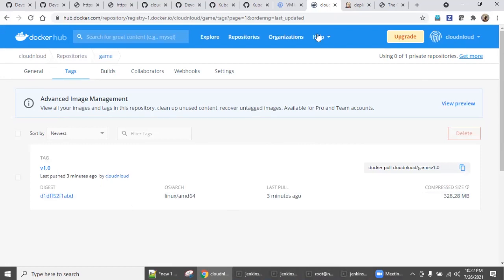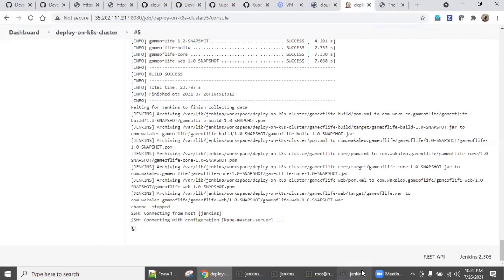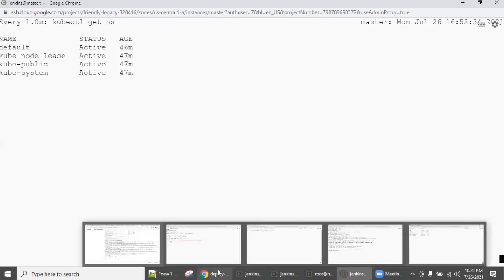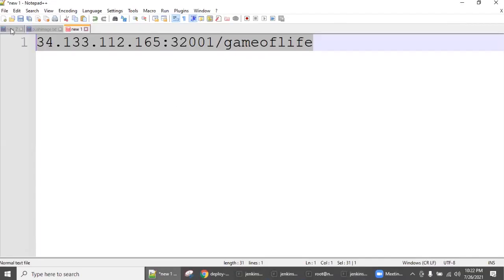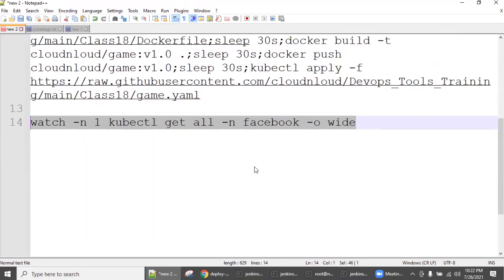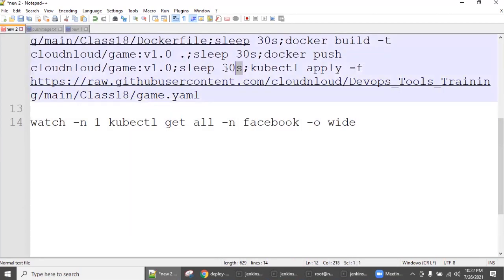So let's wait for a few more seconds. If you have any issues, keep increasing the sleep seconds, because depending on the image, the sleep seconds have to be increased. Sometimes a smaller image will be pushed immediately, but a larger image push will take a little bit longer.